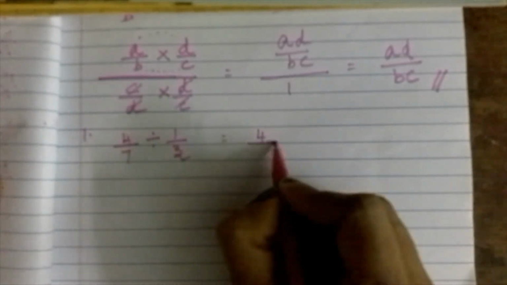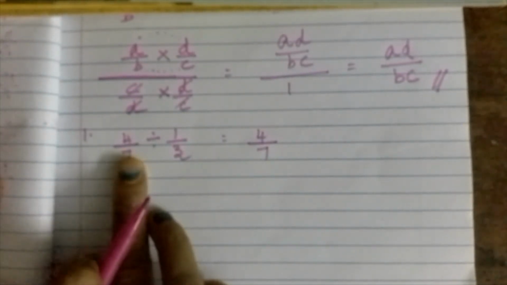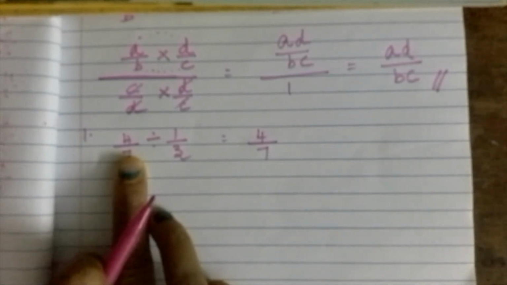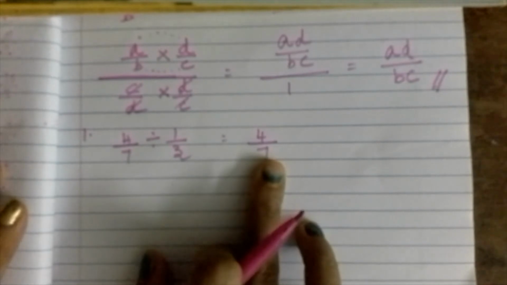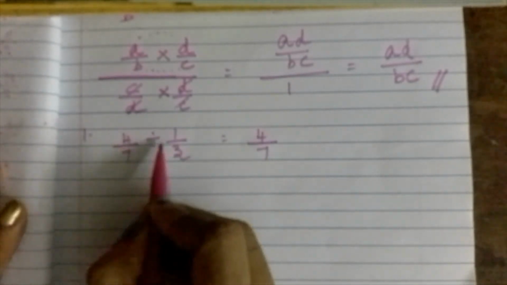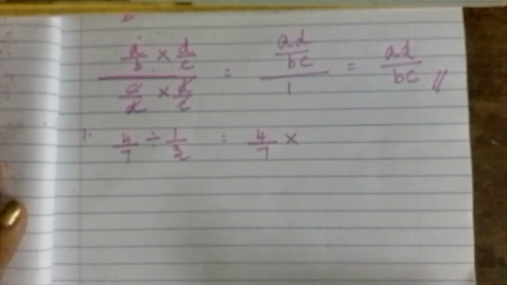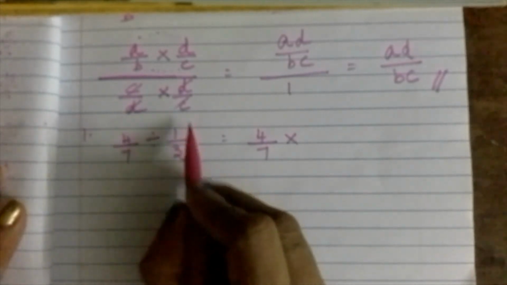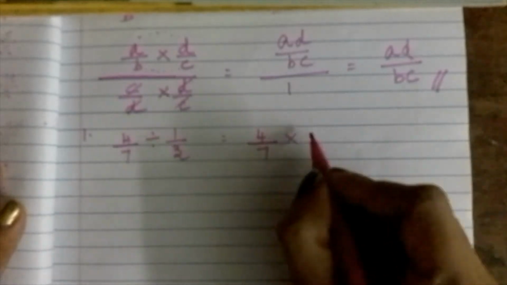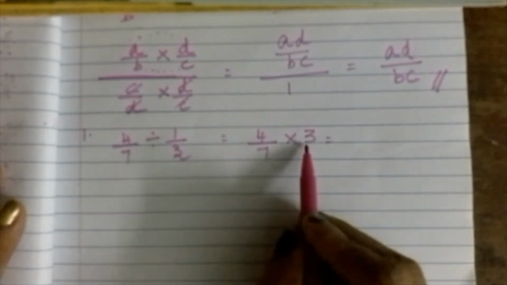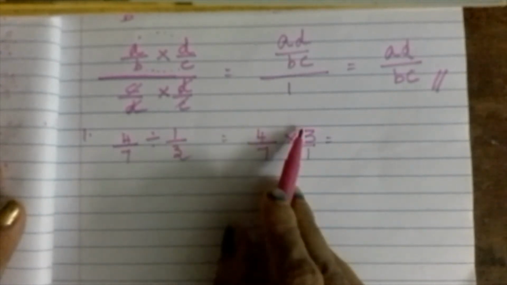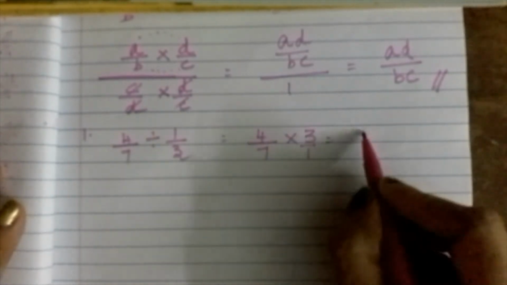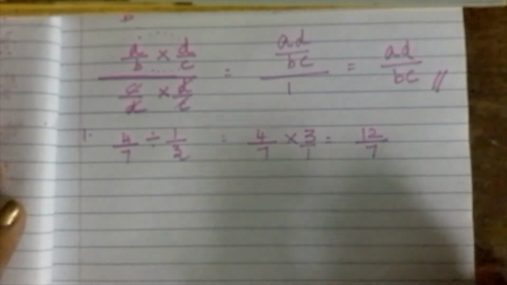I'm going to write the first fraction 4 by 7 as it is. So you'll have to note three things here. The first fraction will remain the same. It will be just 4 by 7. There is no change for it. Now this division I'm going to do as multiplication. The second fraction I'll have to change as the reciprocal of this fraction. The reciprocal of 1 by 3 will be 3. So 3. Now just normal fraction multiplication. We have to multiply the numerators and multiply the denominators. So 4 3s are 12, 7 1s are 7. That's all.